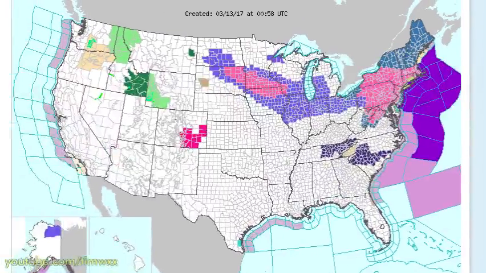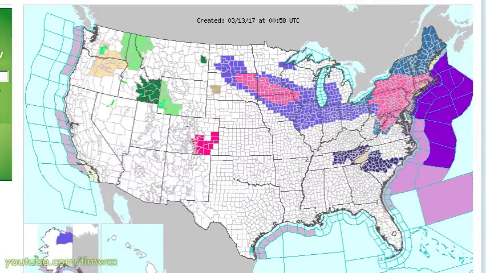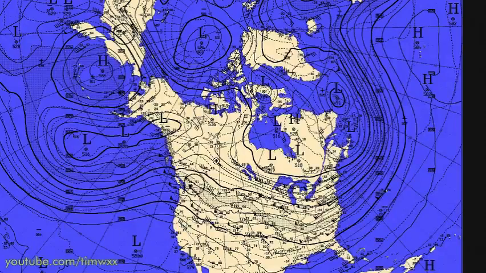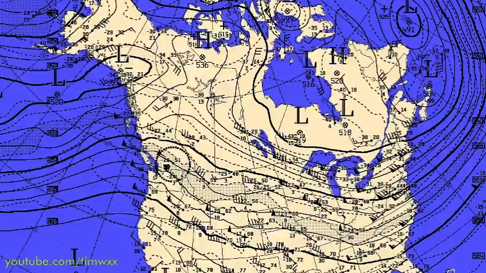And here's what we got going on around the country. We've got a couple of winter storm warnings out, one up for the area of northern Iowa, southern Minnesota, and also out here in the northeast U.S. So we've got quite a bit of weather in the forecast over the next couple of days, and let's see if we've got the newest maximum temperatures in. We do not. So we'll head right into the 500 millibar heights and